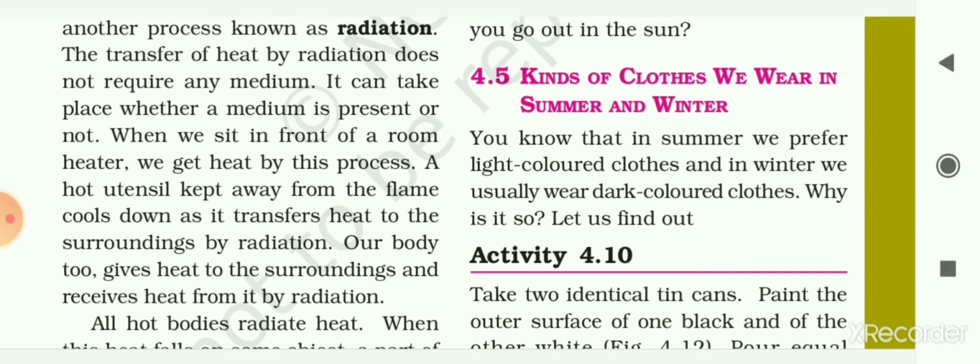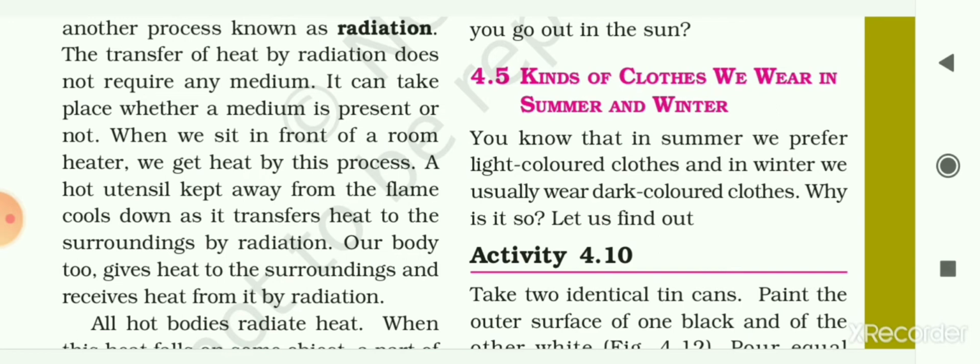Then we had seen the maximum minimum thermometer. The thermometer which is used to measure the maximum and minimum temperature of the day is known as the maximum minimum thermometer. In the clinical thermometer we had seen there is a kink, or you can say a constriction, near the bulb of mercury, and this kink prevents the mercury level from falling down.